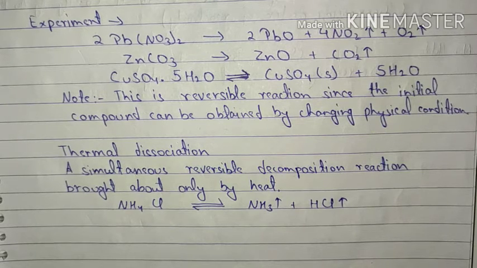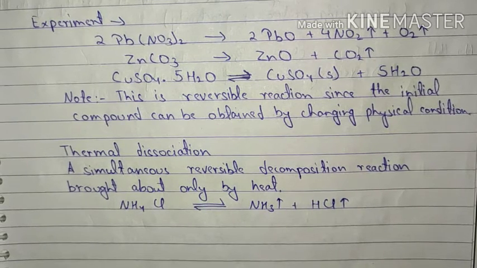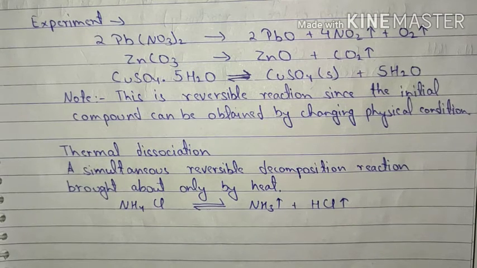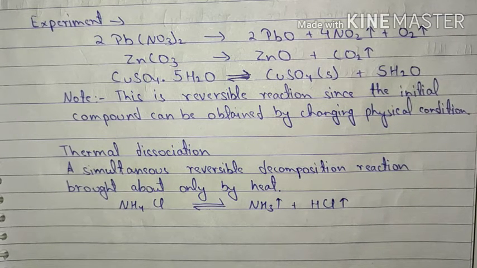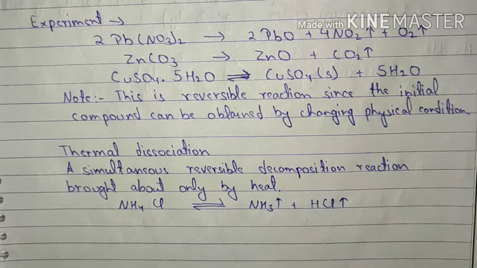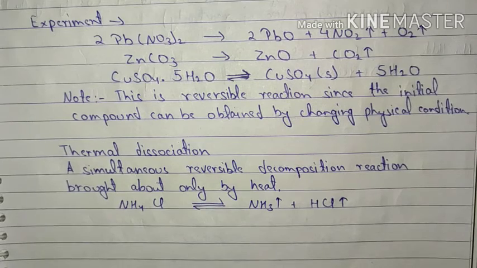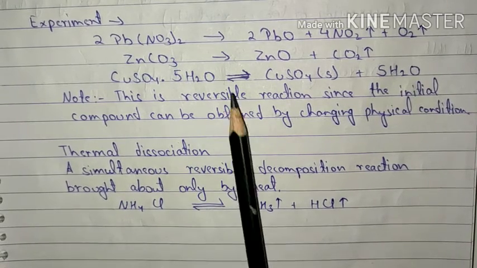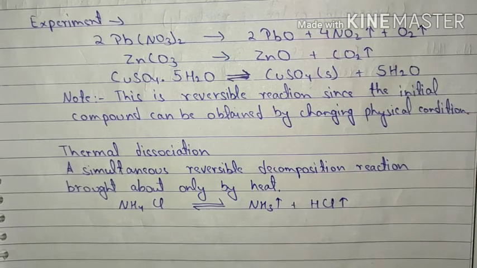Let's move on to the next experiment, where we took copper sulfate crystals. As we heat these blue colored copper sulfate crystals, we observe that they turn colorless. This colorless compound is anhydrous copper sulfate, and the water molecules move out in form of water vapor. Further, if we add water again to this anhydrous copper sulfate, we will observe that the solution turns blue again as the copper sulfate molecules absorb water of crystallization.